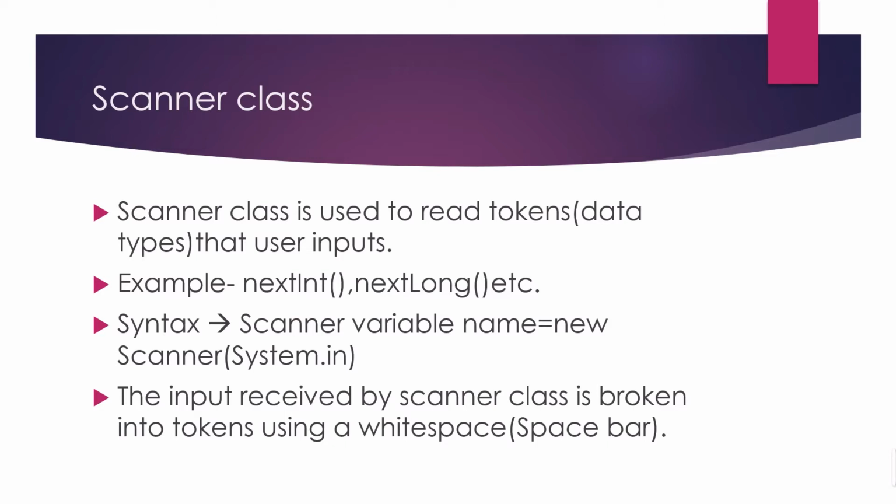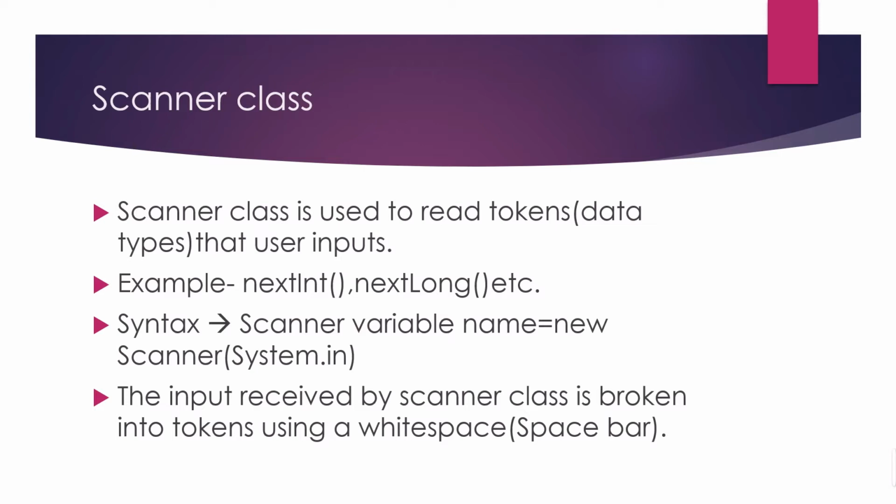And what is the syntax? If we make a program that needs something from the user, the program should ask the user to input, and then we can find a solution for that program. So: Scanner, variable name, new Scanner(System.in). This is all important. In the variable name you can write any name: object, keyboard, mouse, copy, pen, anything. But you should mainly use ob, for object, because it is easy. Scanner ob = new Scanner(System.in); this is important. I will explain the syntax more.